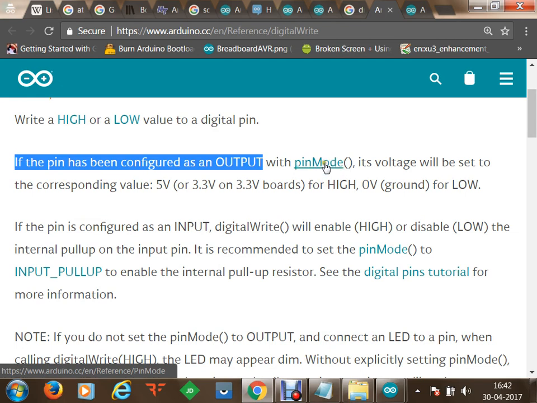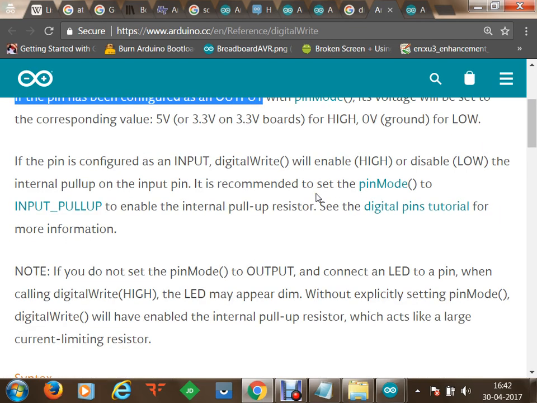Using pin mode, we can convert a pin to read values or write values to a connected device or sensor. If pin mode is set as input, that means we can receive values from a device or a sensor, and if we have set it as an output pin, that means we can set high voltage or low voltage on that pin.